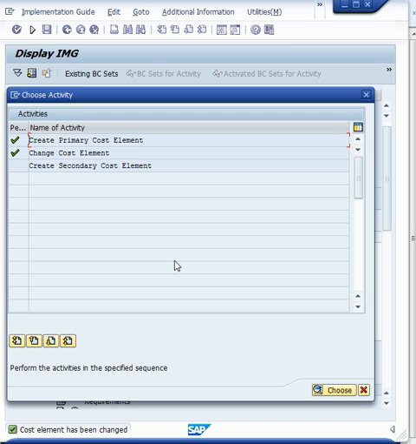Okay, so we're done with the primary cost element. Then we're left with the secondary cost element. That's Appendix C. So again,